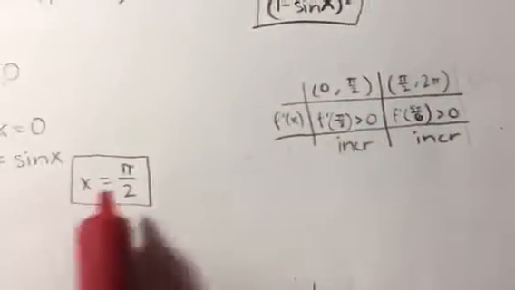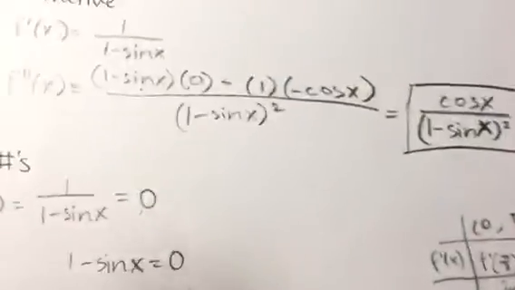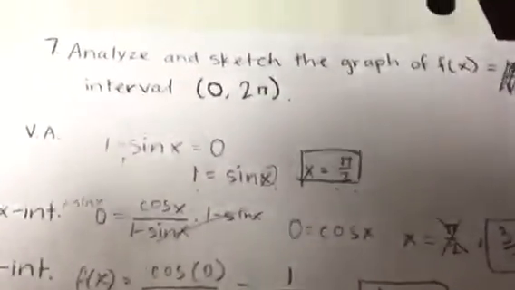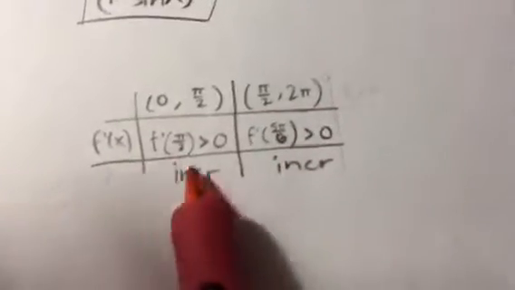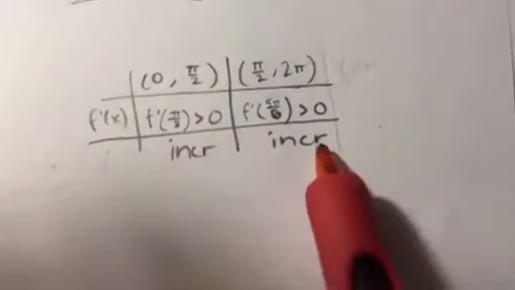This is where we tested on the intervals from the critical number, which was pi over 2, and the interval of the graph was 0 to 2 pi. So we'll go from 0 to pi over 2, and then pi over 2 to 2 pi, and once we did the first derivative test, we found that it's increasing always. And then from there,